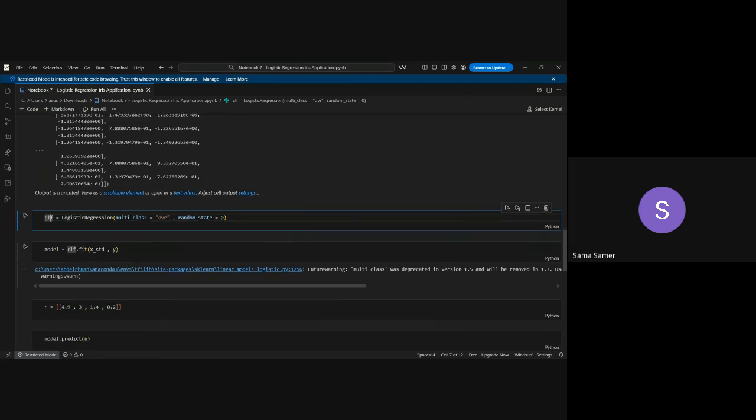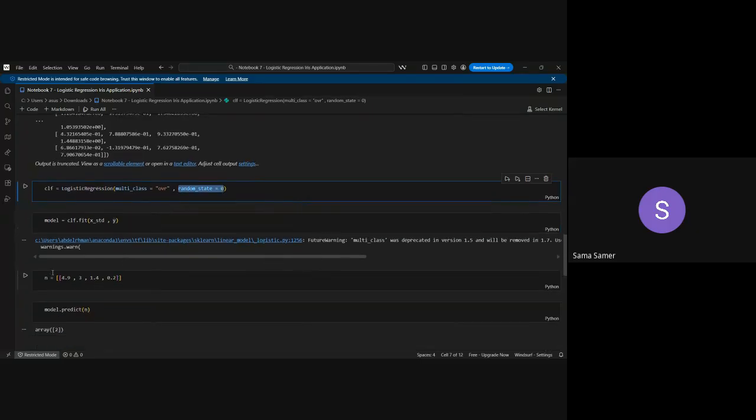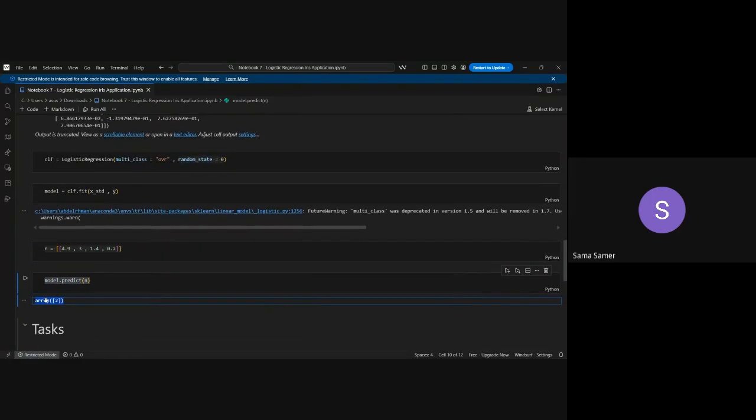Then here, we are trying to fit our model inside .fit so we can train our data. Here, we have trained our data by a .fit, which we have entered the scaled feature and the target variable. After we have said that the logistic regression we want is one versus the rest, and the random state is 0. Then I have entered some kind of a small data, and then we do the prediction inside of it. So it says an array of 2 and so on.